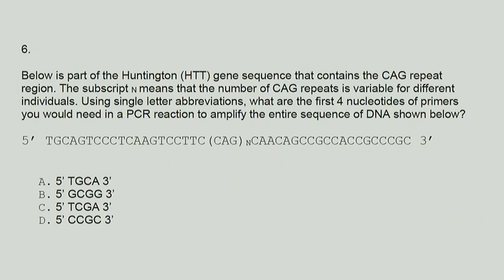So yes, the sequence of the primer has 5' to 3' here, and 5' to 3' here, but in the answer key it's written flipped because we always order primers 5' to 3'. Like if you Google IDT and ask them for a primer, you have to give them the sequence in the 5' to 3' orientation. Yeah. So is it pointing towards? Yes. So because DNA polymerase is going to extend off of that 3' end,